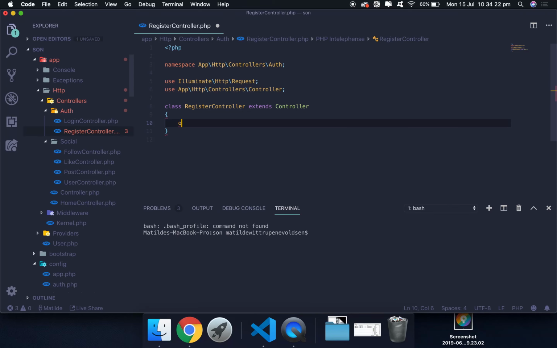Alright, so in this video we're going to create the registration function. We are not going to create the verify email yet. So what we are going to do is go in and create a function called register. And in here we want to first of all create a variable called user that will